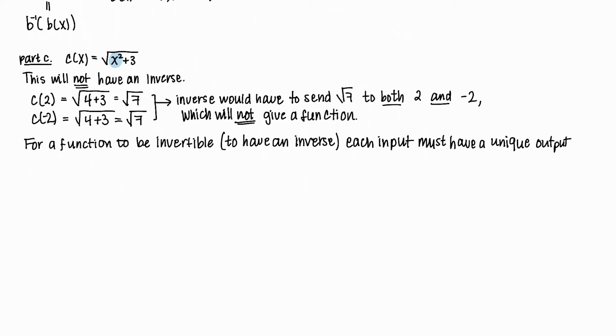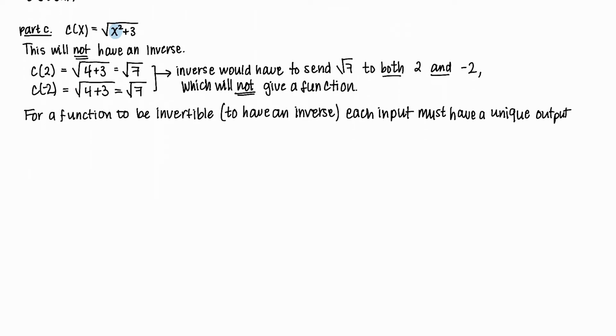Okay, so c of x does not have an inverse. And all we needed to show to see that it doesn't have an inverse is two inputs that give us the same output. So in this case, 2 and -2 gave us the same output of square root of 7. So the final part, part D,